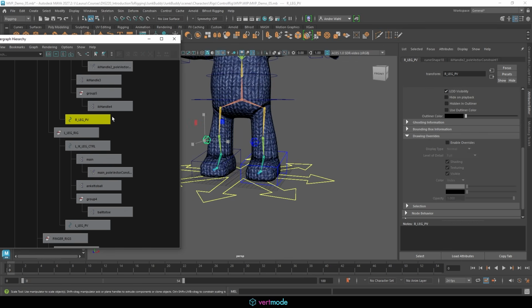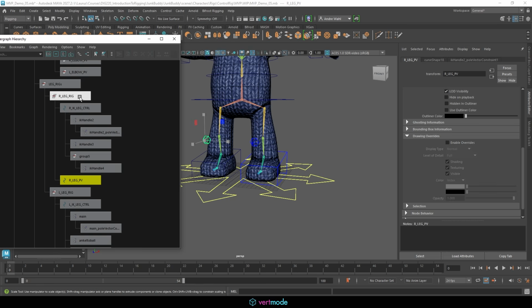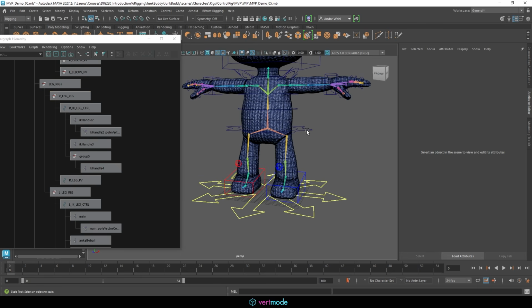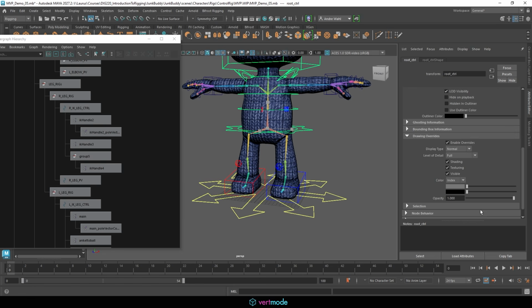So if you've set up these groups nicely, you can actually find these here. You can do an enable override and set it to whatever the color is that you want. And it will actually do everything within that group. Once again, I'm selecting that group. Now, you do need to be a little bit careful here because there's going to be things that are in this group, for example, like the spine here,